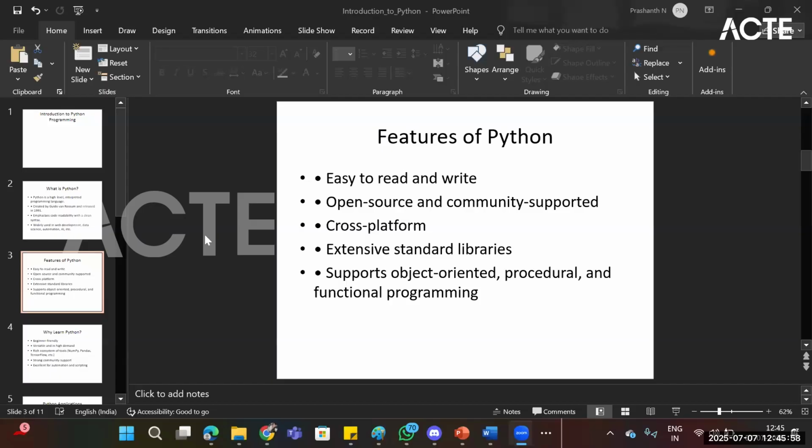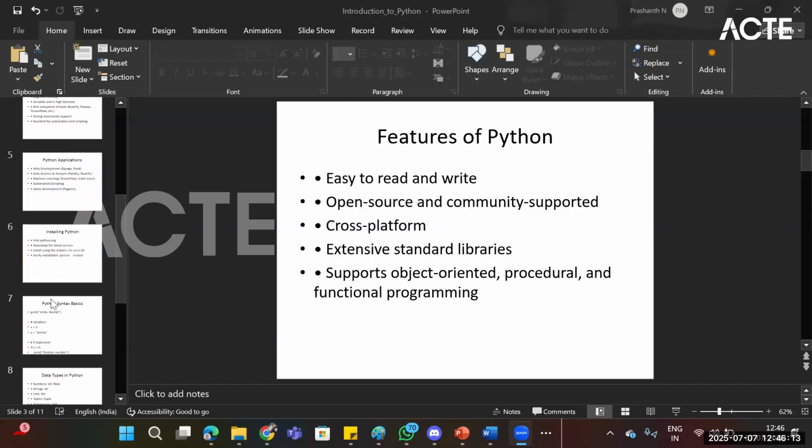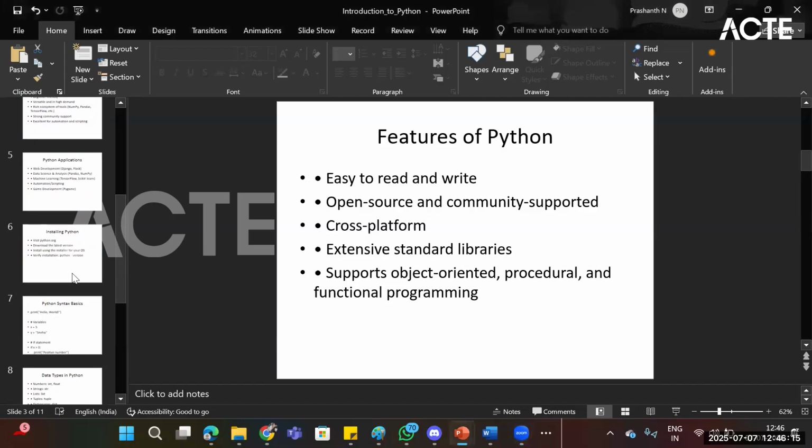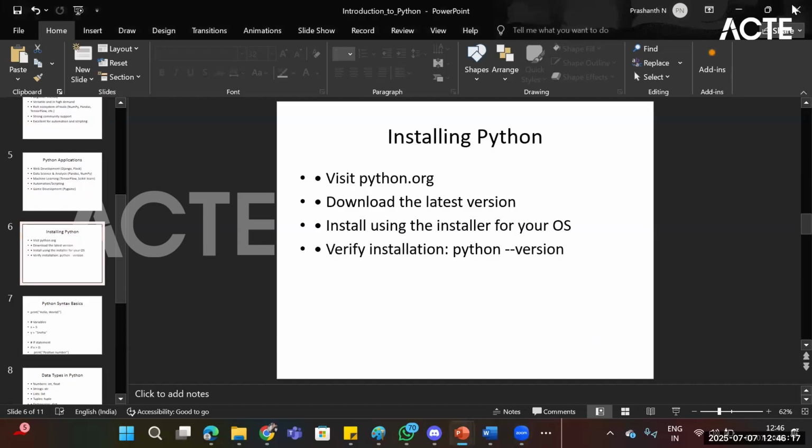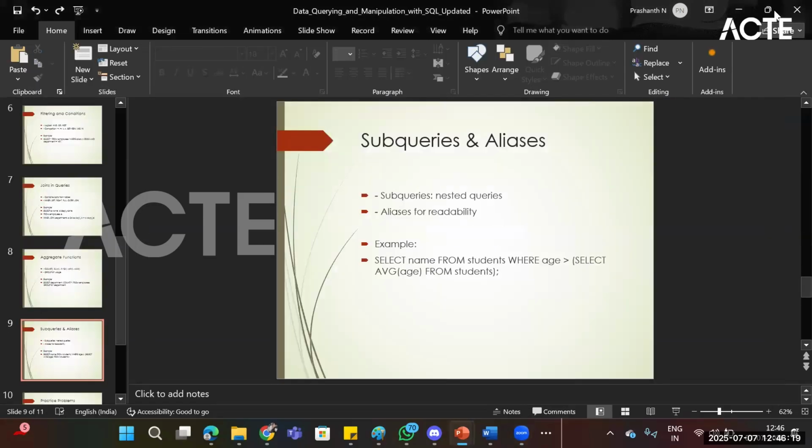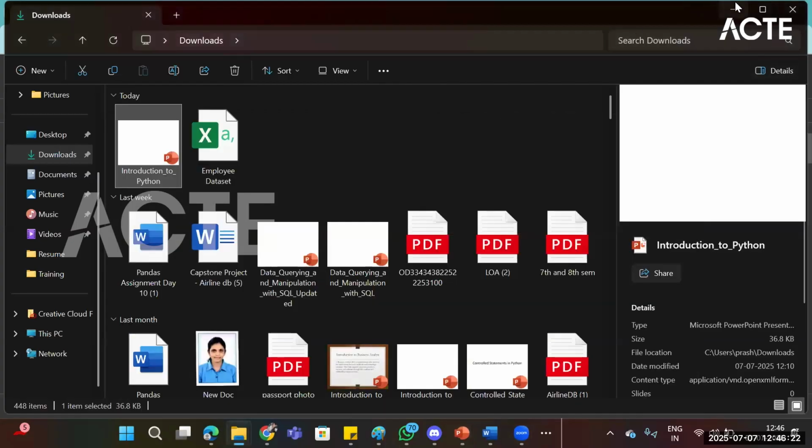It is easy to read and write, because the syntax is very simple and easy to understand as well. And it is not paid; it is open source. I will give you all of this, and you can study it. I don't want to waste time explaining all this, so let me get back to my